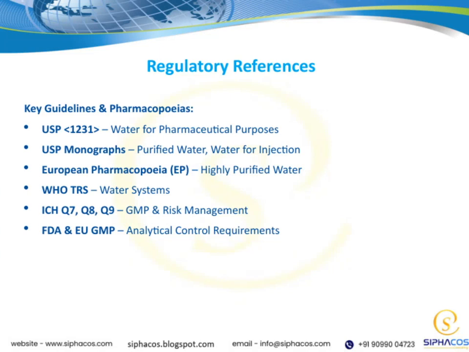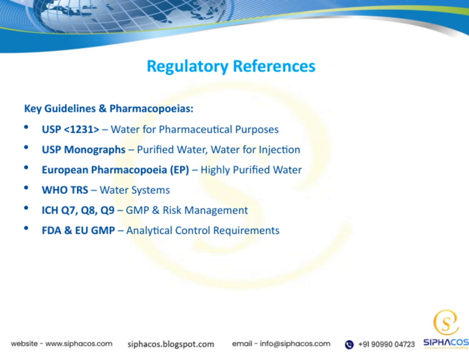Let's take a closer look at the regulatory references that guide us in water quality and pharmaceutical manufacturing. First, we have the USP, or United States Pharmacopoeia, which provides specific guidelines like USP 1230-1 for water for pharmaceutical purposes. This section outlines the standards for water used in drug production to ensure safety and consistency. Then, there are the USP monographs that cover purified water and water for injection, both critical for different stages of pharmaceutical processing. Moving to Europe, the European Pharmacopoeia, or EP, specifies requirements for highly purified water, emphasizing purity levels needed